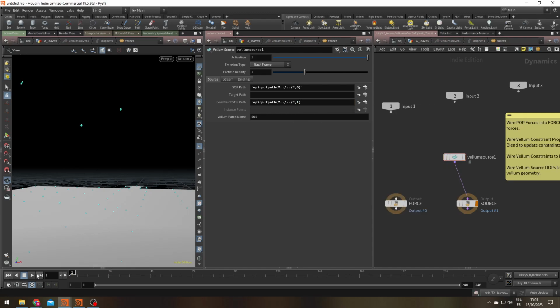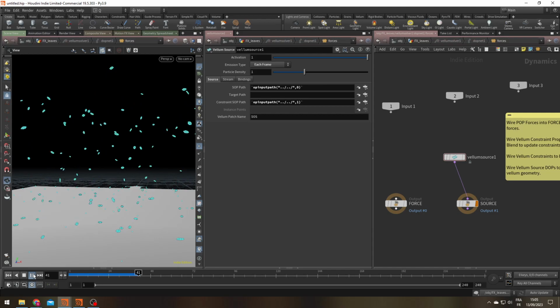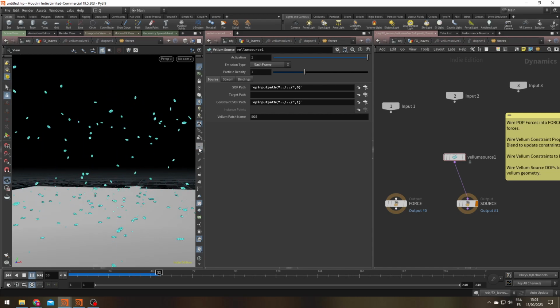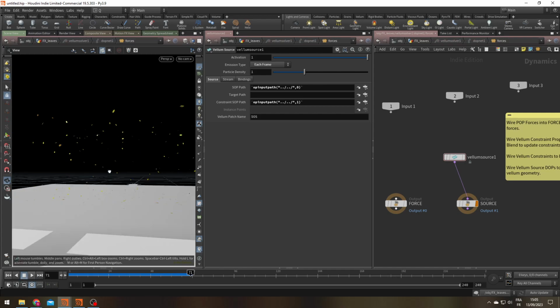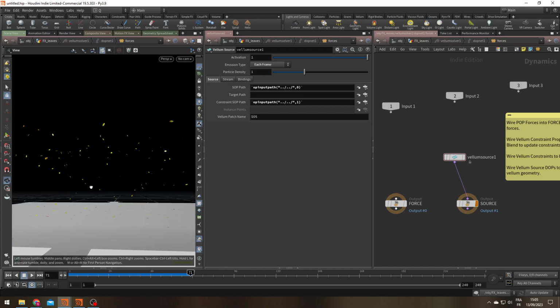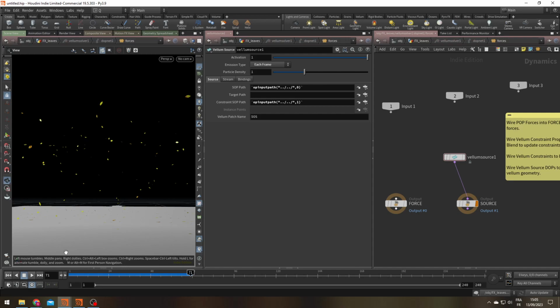Let's go back to the first frame and look at if it's working. It's working, and my leaves are falling every frame. Amazing. Okay, so now we have leaves falling. What's the next problem? Well,